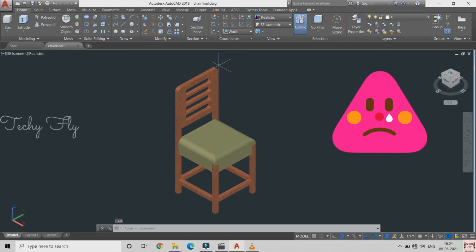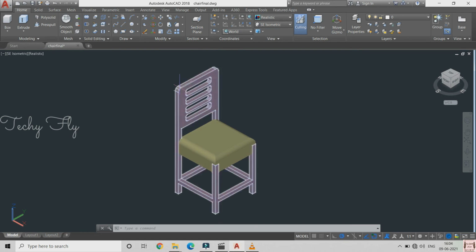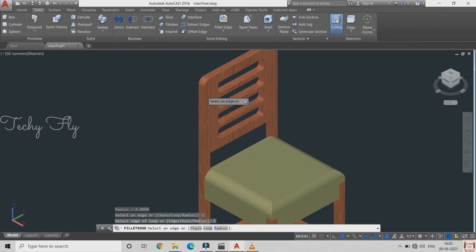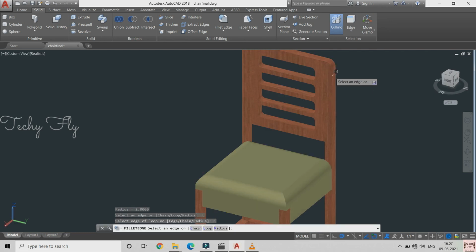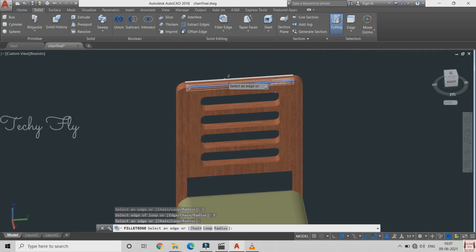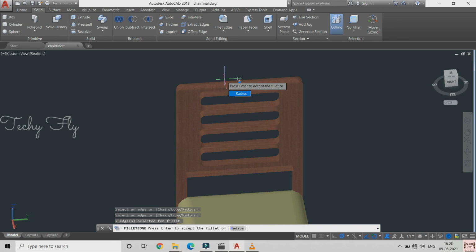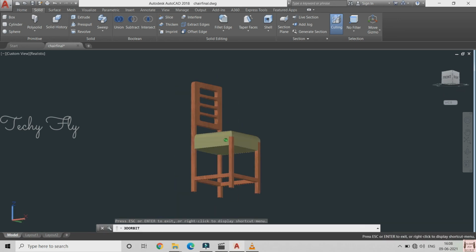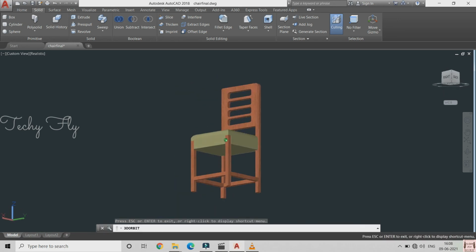Apologies, I missed a recorded file of this fillet applied to both edges. So I recorded one more time, but with other edges. Same as shown on the screen. Do the same procedure to the remaining side also. So yeah, your chair is ready and you can sit comfortably.